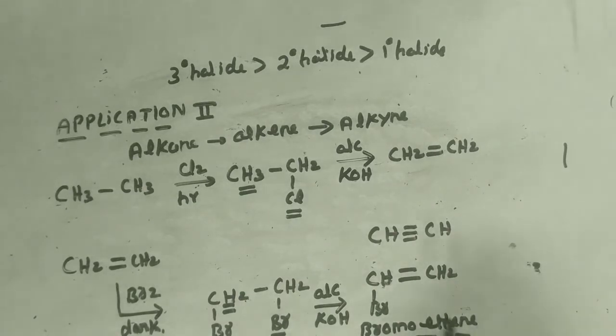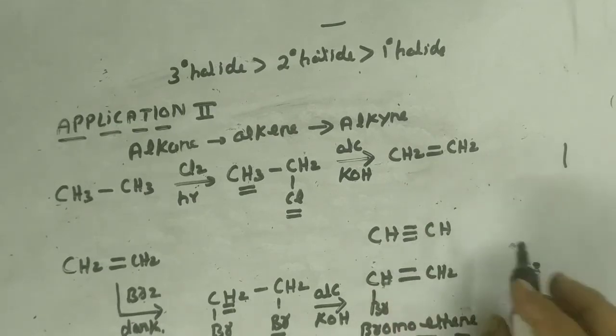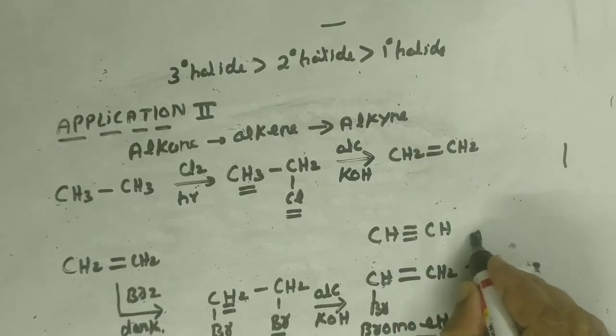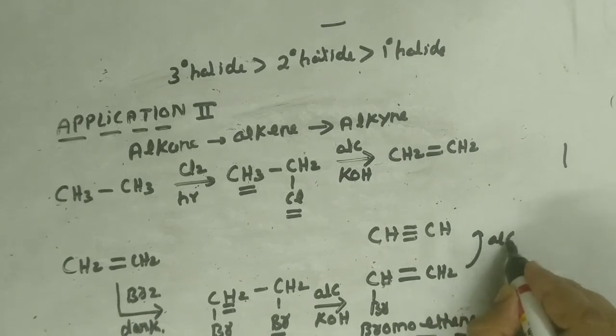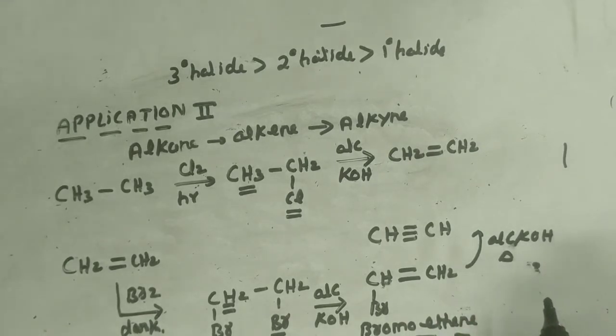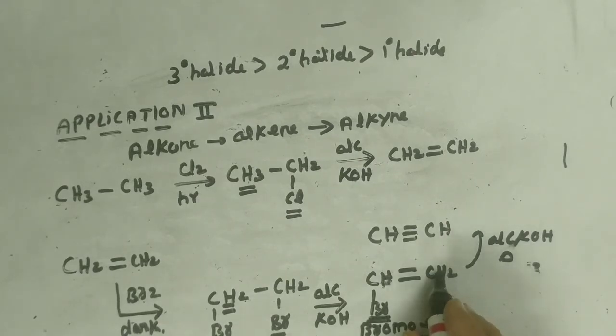We want to convert into an alkyne. So what we do is one more time dehydrohalogenation with alcoholic KOH. Now we need to heat it because we are going to remove a second time, so it needs extra effort. So again, if you react with alcoholic KOH and heat it, again from one carbon, halogen will go. The halogen will go from this carbon. This carbon doesn't have halogen, so it will go from here.